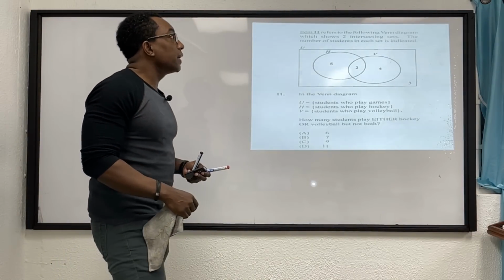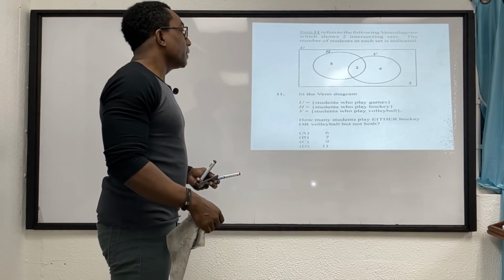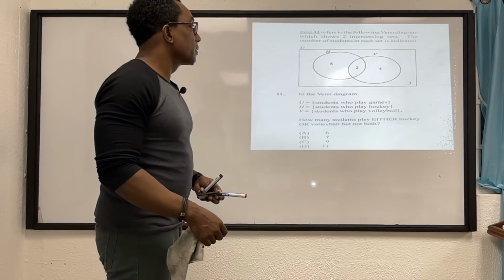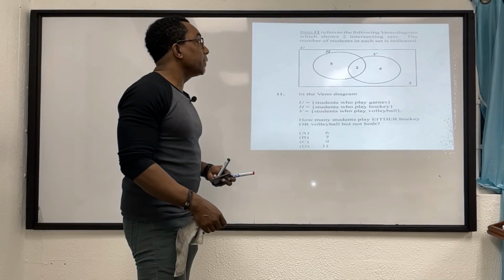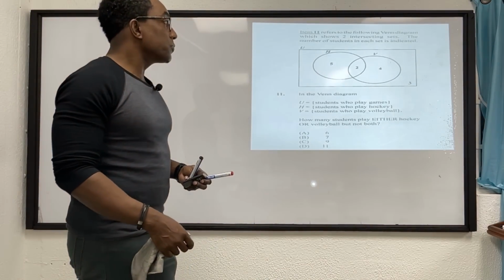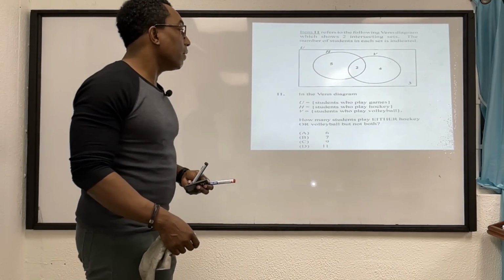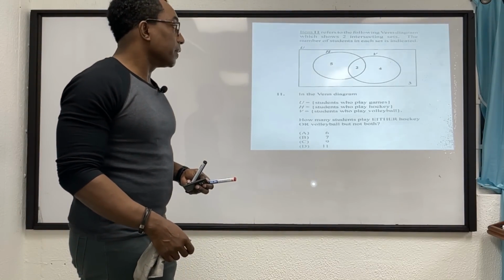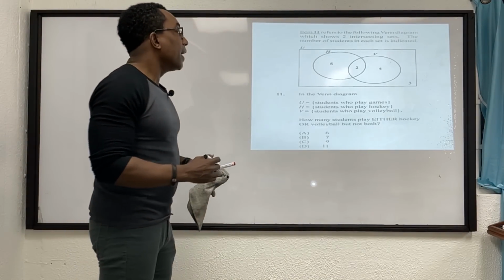The number of students in each set is indicated. So we have the number of students in each set. So in the Venn diagram, U represents the universal set, students who play games, H, students who play hockey, V, students who play volleyball. How many students play either hockey or volleyball but not both? So to deal with this, either